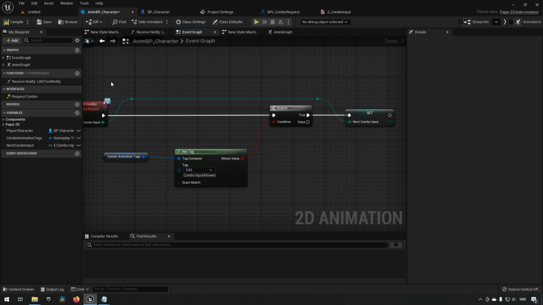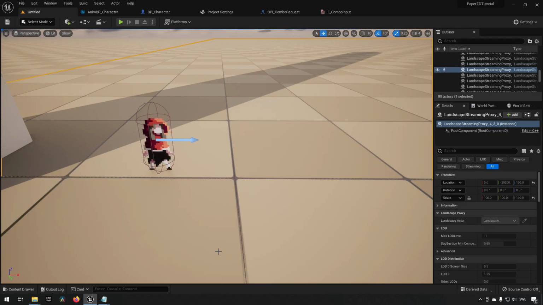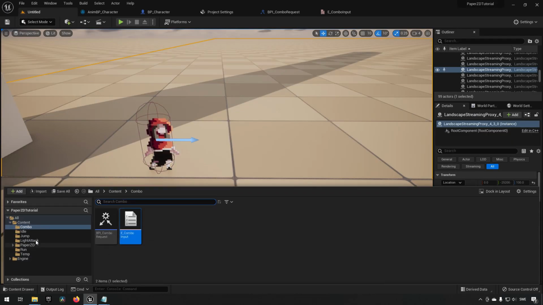So that's all we need for now. We can compile and save and leave it like so. So now let's actually create our animations that we will be using as our attacks. In this project that we have here currently, we have in place